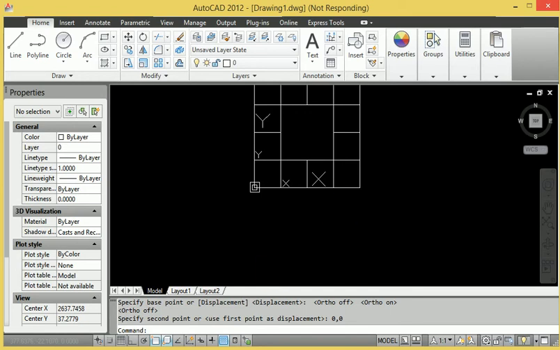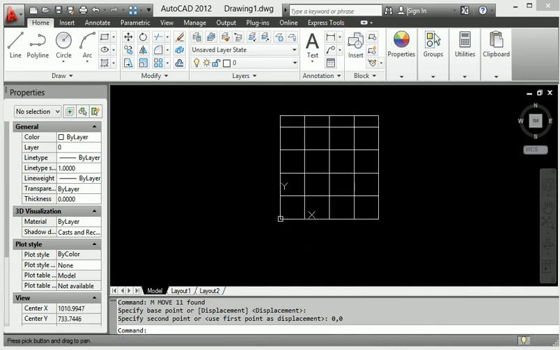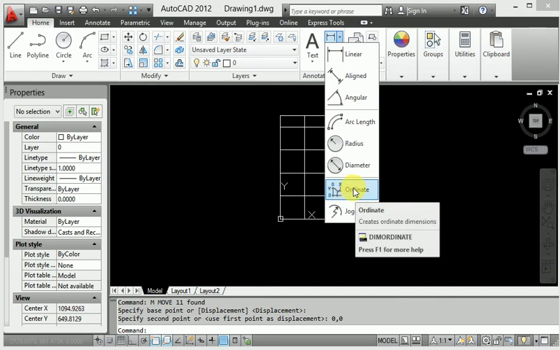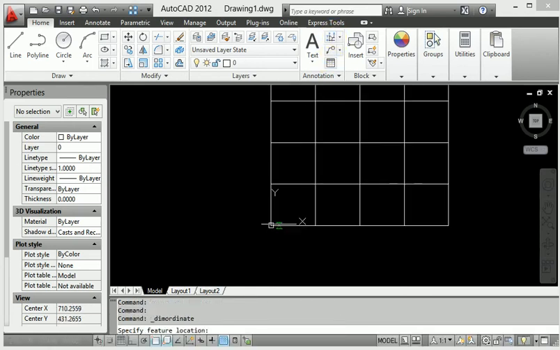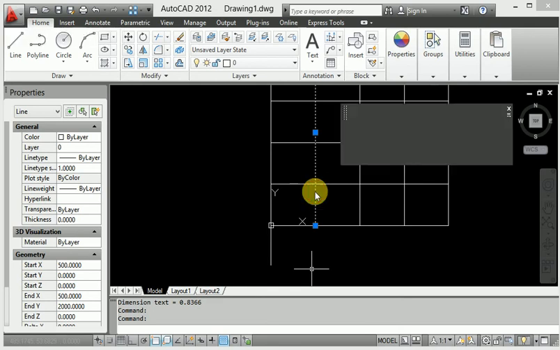Now I will show you the ordinate dimension. First of all go to ordinate dimension here. When I click to start the dimension here, this is the first dimension and this is the second. Enter.